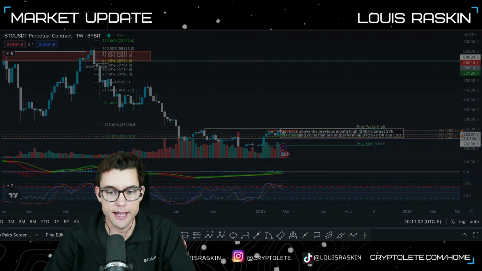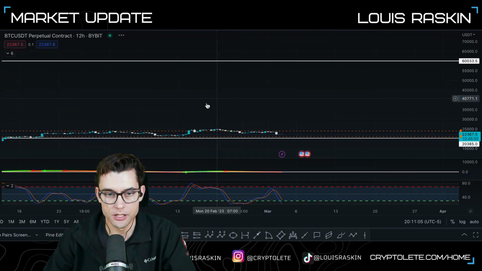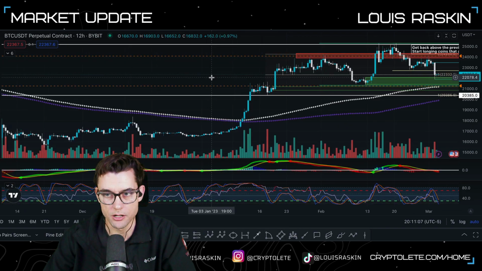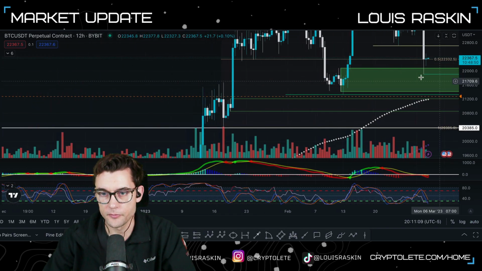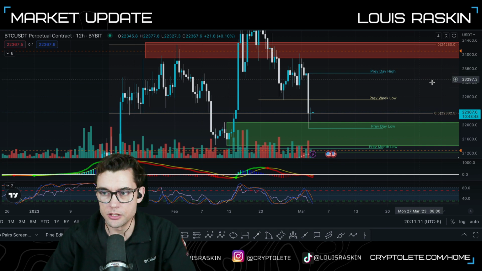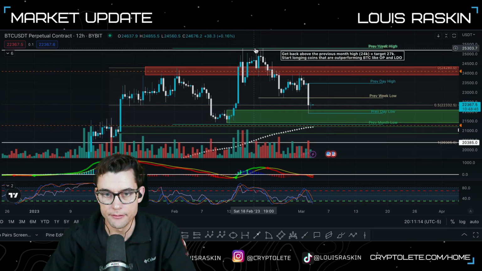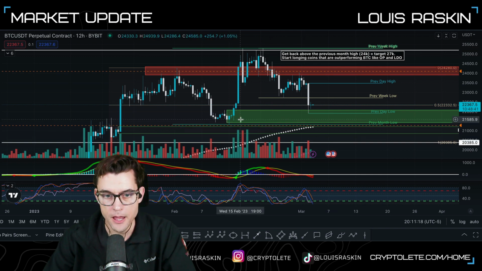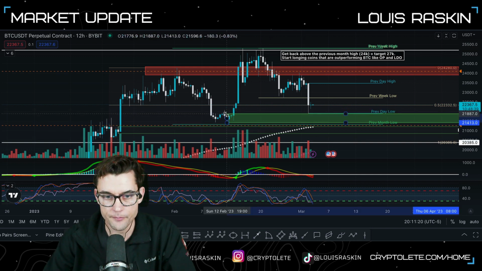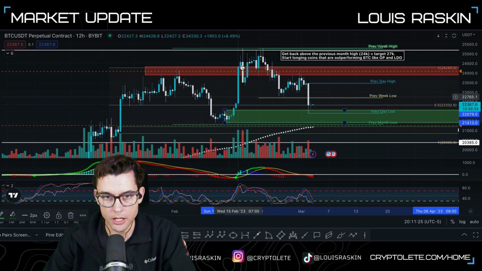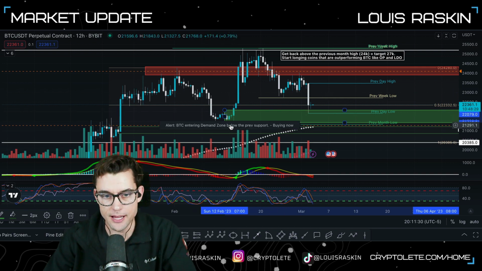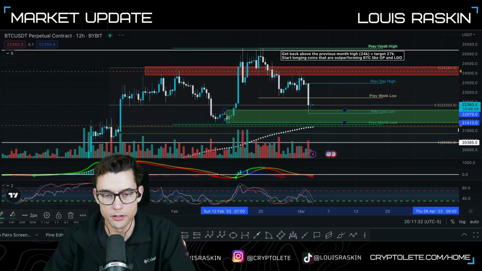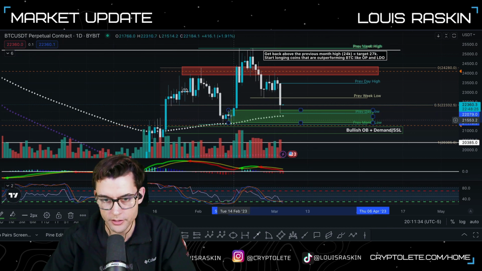So let's go down into the lower time frames and just check this out. So let's start this chart. So what do we see? We see on the 12-hour that we have a move. This could be an ABC move down, and this right here, this is the down move before the up move that broke this market structure, right? And so this is technically the bullish order block on the 12-hour or the daily.